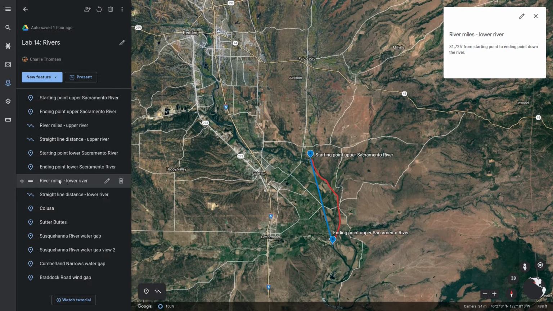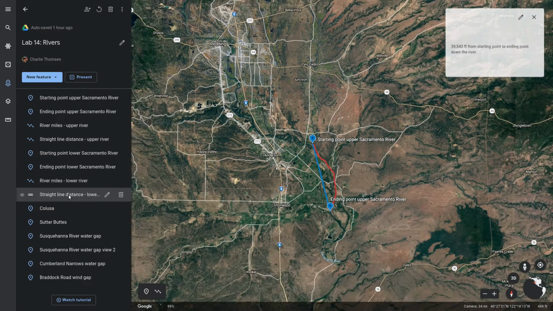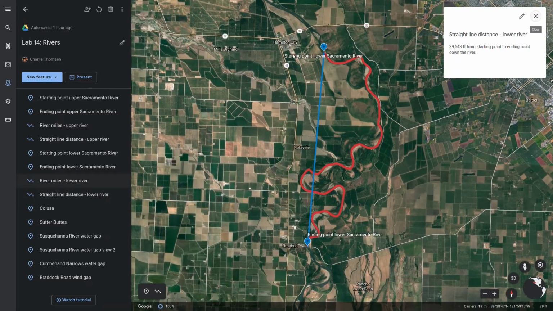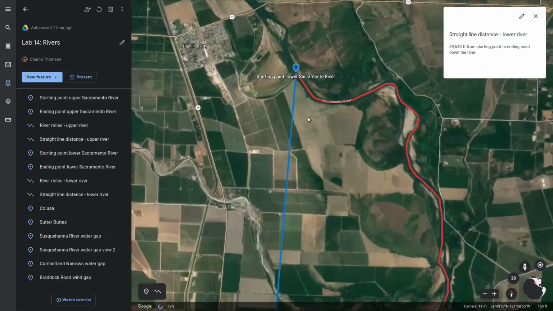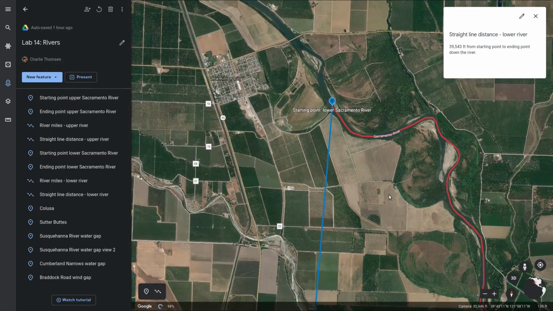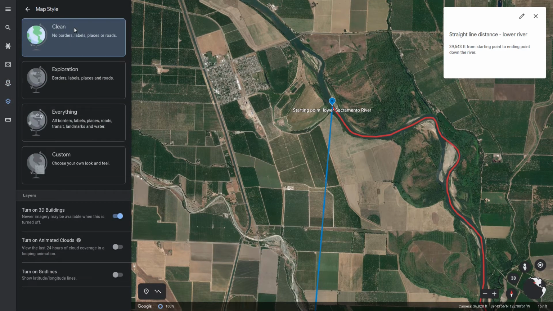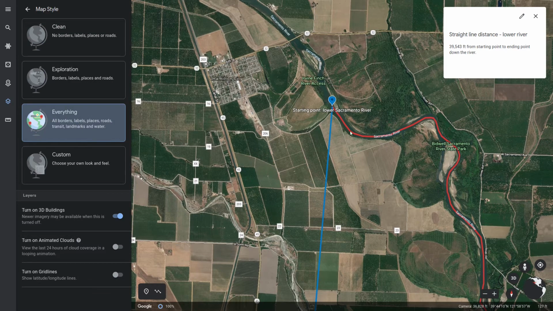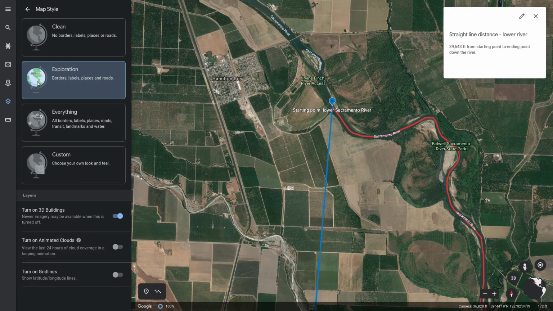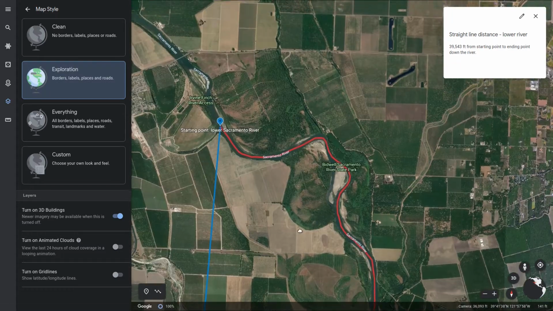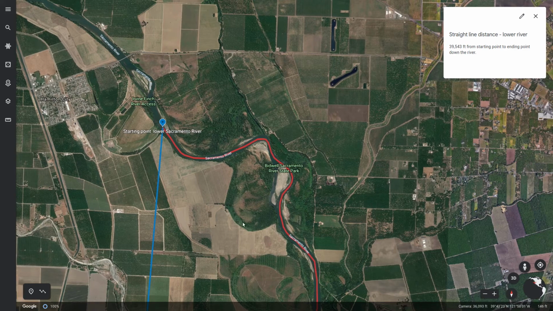So let's go to the lower Sac. So here's the lower Sacramento, and here's Hamilton City. So this is the stretch that is in your map. This would be figure 1, 2, and 3. And yeah, one of the things you should be aware of is you can turn on and turn off features. Sometimes it's nice to turn them on so you can see what everything is. Sometimes you don't want all the words and you just want to look at Earth